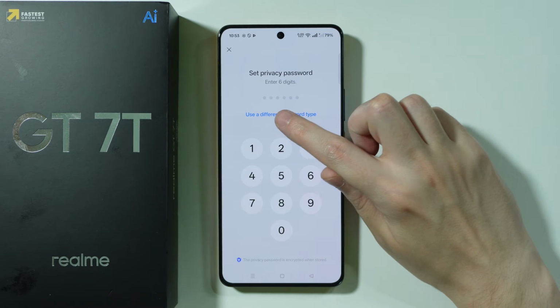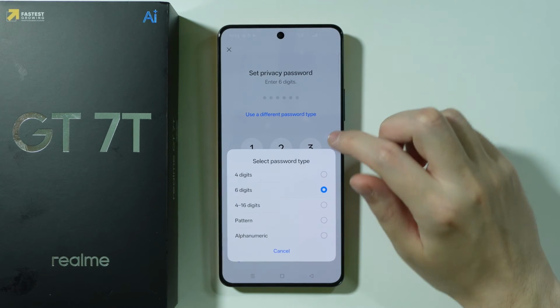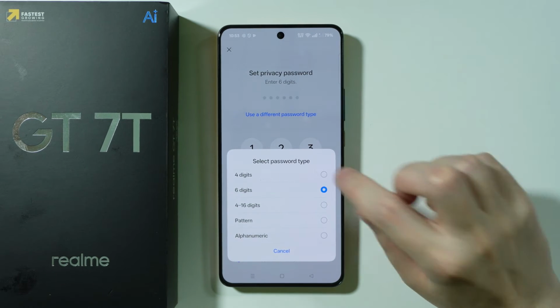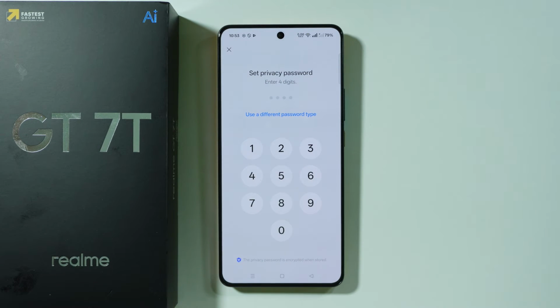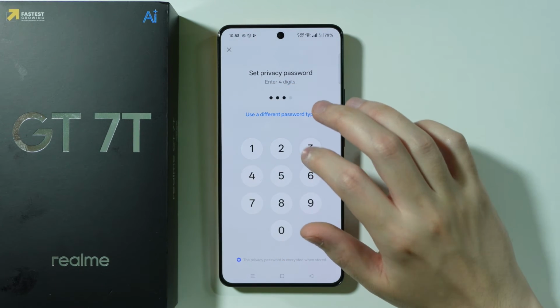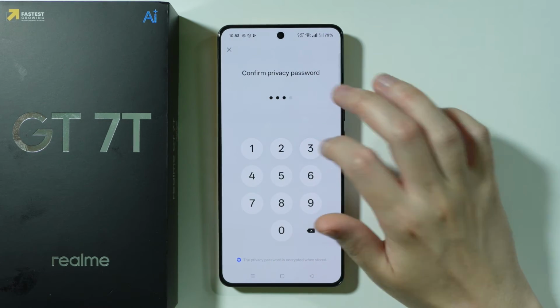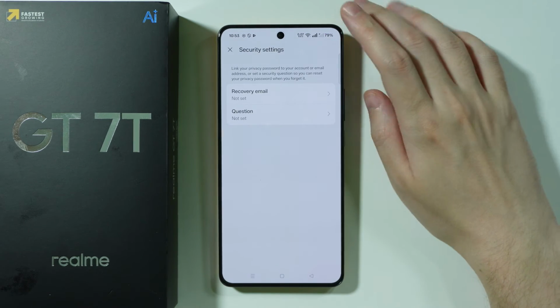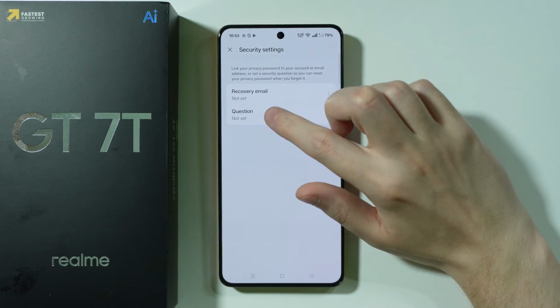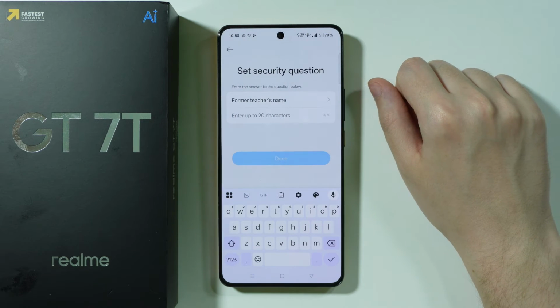You can also tap over here, use a different password type if you want to use a different password. So in my case, I'm gonna switch to 4 digits, and I'm gonna enter a simple password like this one. There we go. Besides that, we can set up a recovery email or a helpful question that will help us